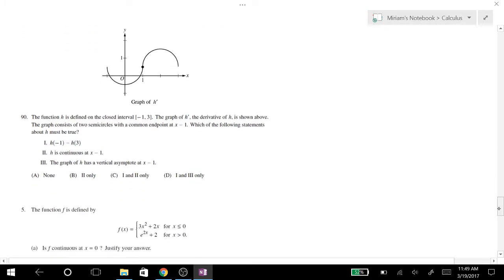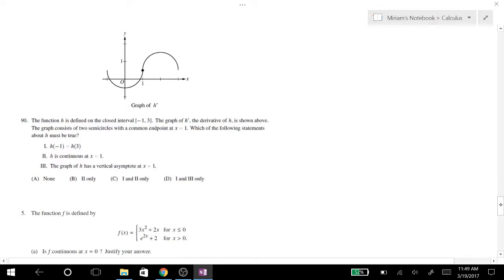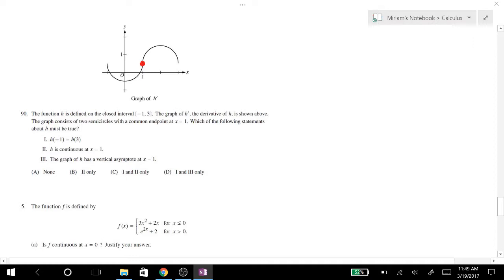Okay, so I have the graph of h prime, meaning the derivative of h, given to me. And I need to decide, is 1 true, 2 or 3 true, okay? So if I look at this graph, I have a derivative at 1. That means there's a y value there, like 1/2, for example. If I have a derivative,